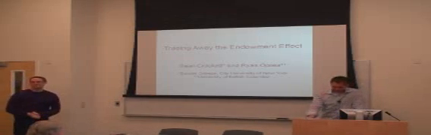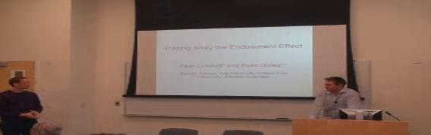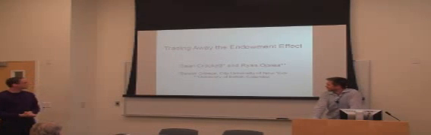We have with us today Sean Crockett, who's assistant professor in the Department of Economics and Finance at Baruch College. He is an alumnus of our graduate student workshop and was a pre-doc visitor with us when we were at Mason. And he's working with a former student of ours as well, Ryan O'Brien. He's going to talk today about trading away the endowment effect.